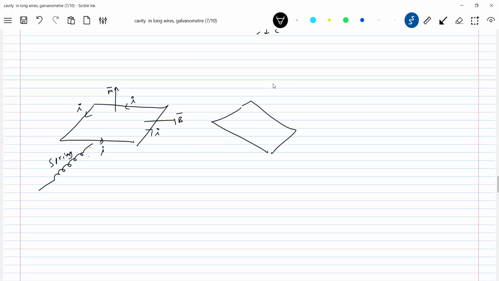as the loop rotates now, what will happen to the wire? The wire will get twisted. Don't take it as similar to a spring force, because that is only elastic force. I'm just showing it like a spring here. So this is the I bar. M bar like this, and this is B bar. So M bar cross B bar, the torque due to the magnetic field will be like this. The torque due to the spring, or the wire, will get twisted like this. This is due to the wire. Understanding the mechanism.